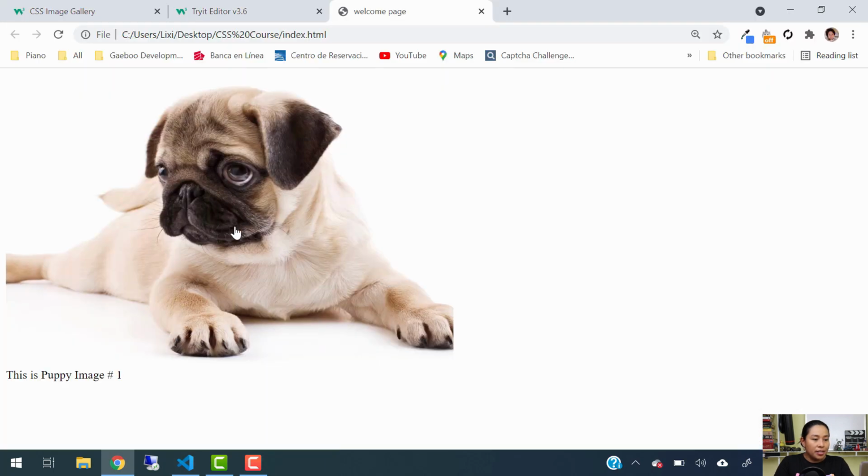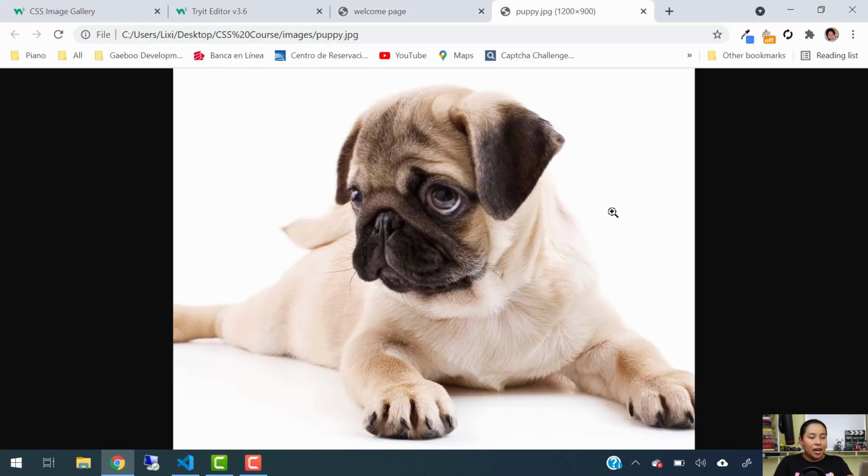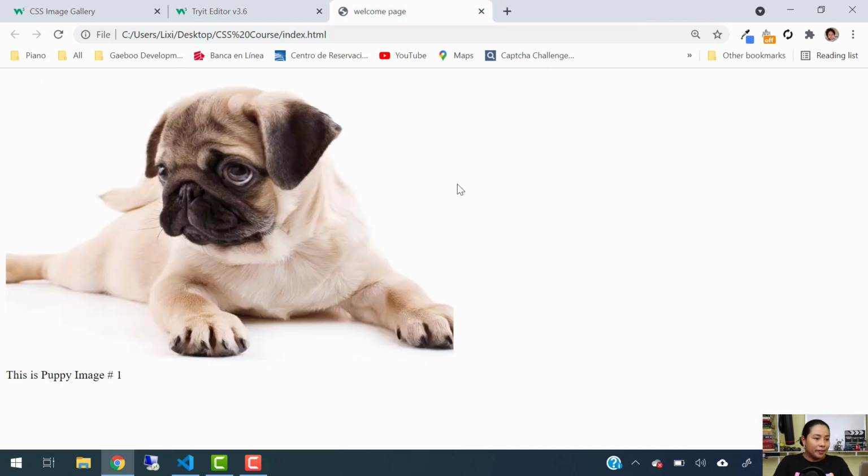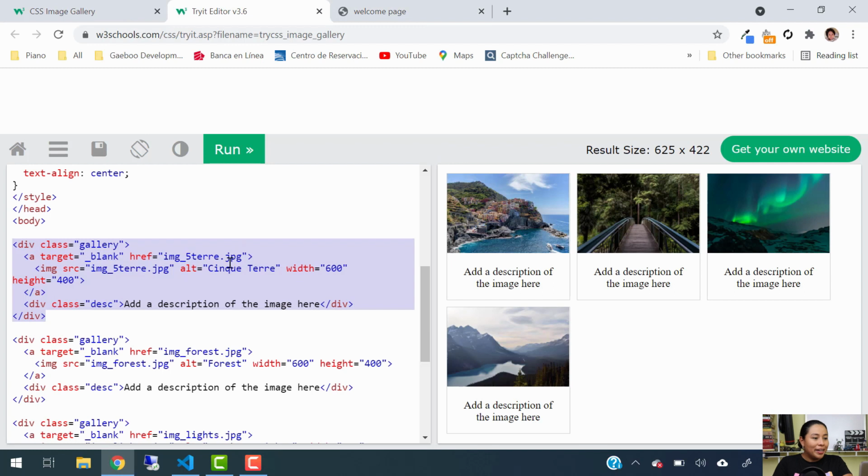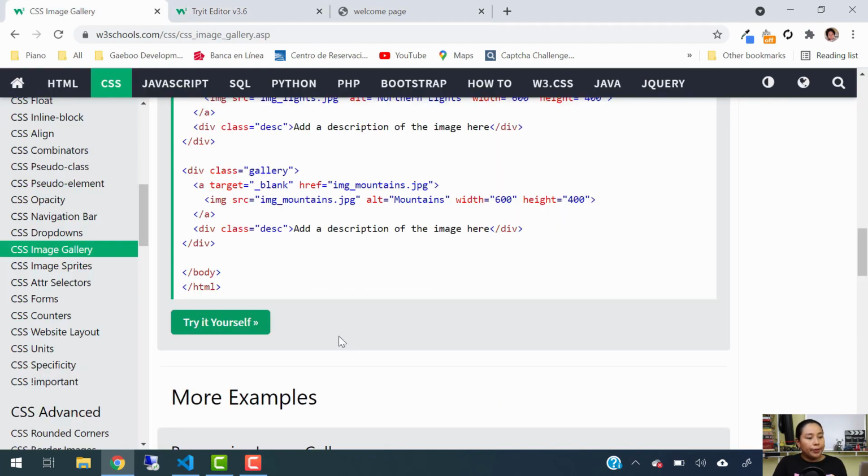Now this puppy image is a link. If I click on it, you see how it brings up the full puppy image in a different page. So far, we're going good. Next thing we're going to do is to style this on CSS. So into our